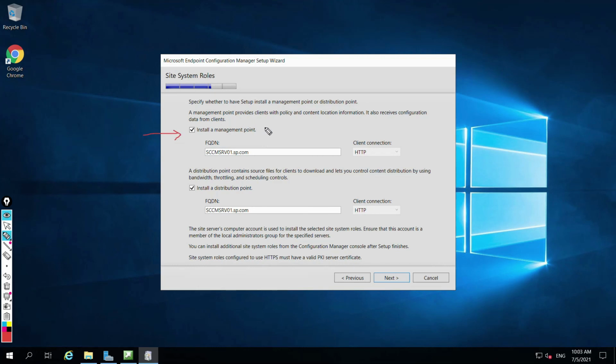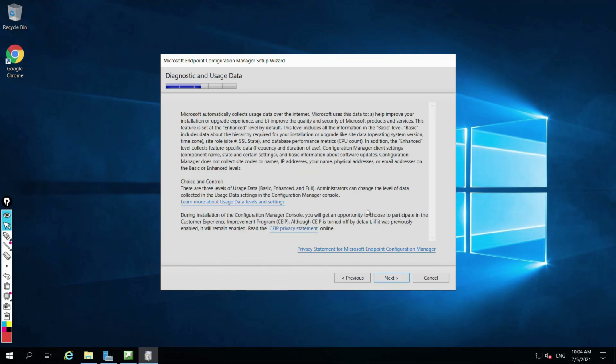So here it will install a management point. We have already seen what a management point and a distribution point are on day one of the HCL session. You can refer to the HCL slides for revision purposes. With a distribution point you can distribute the content, and with a management point you can push the policies which you want through the SCCM server. So these both will be installed. You can install on different servers, but here we'll be installing on this server only. We'll move next.